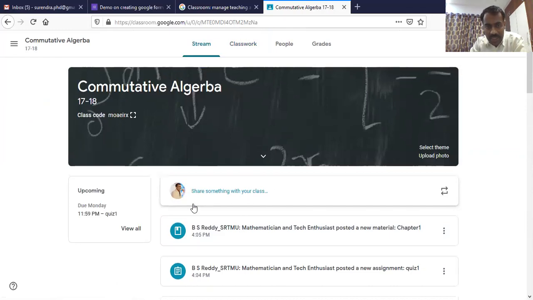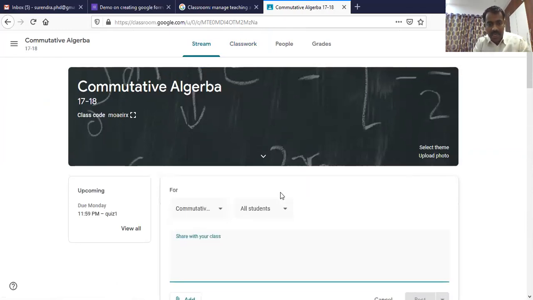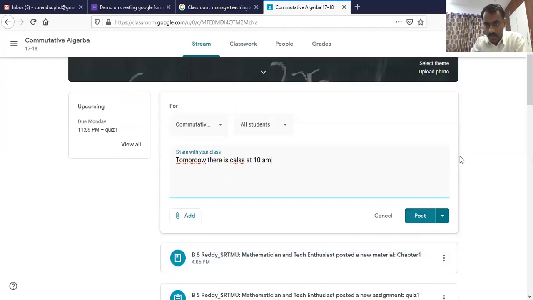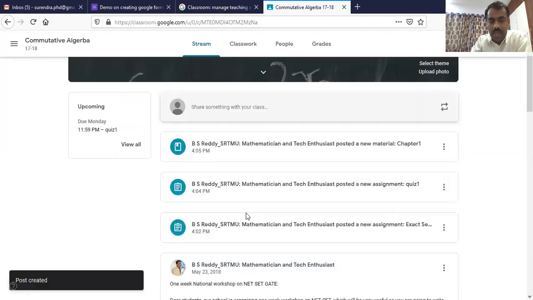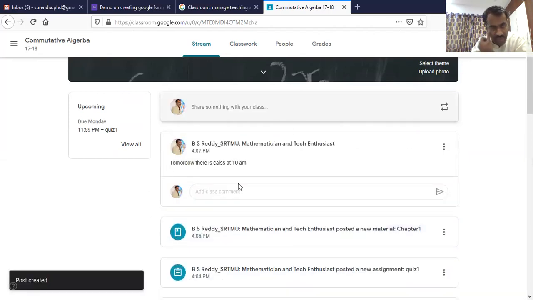Here directly you can share something with your class. I can say tomorrow there is a class at 10 a.m. Just post it. While posting, you have the option to add it again. Wherever you have the add option, this will always be available. If you want to put some information, add there, otherwise just post it. So everybody will see here, tomorrow there is a class at 10 a.m.